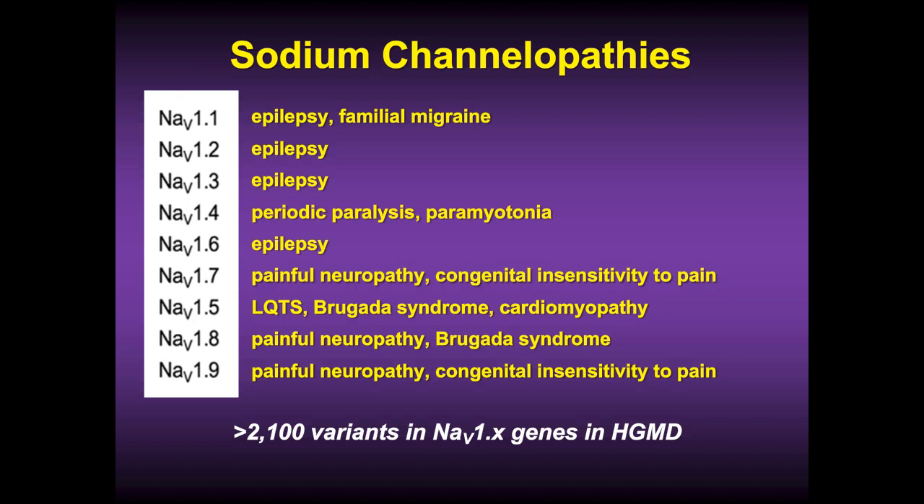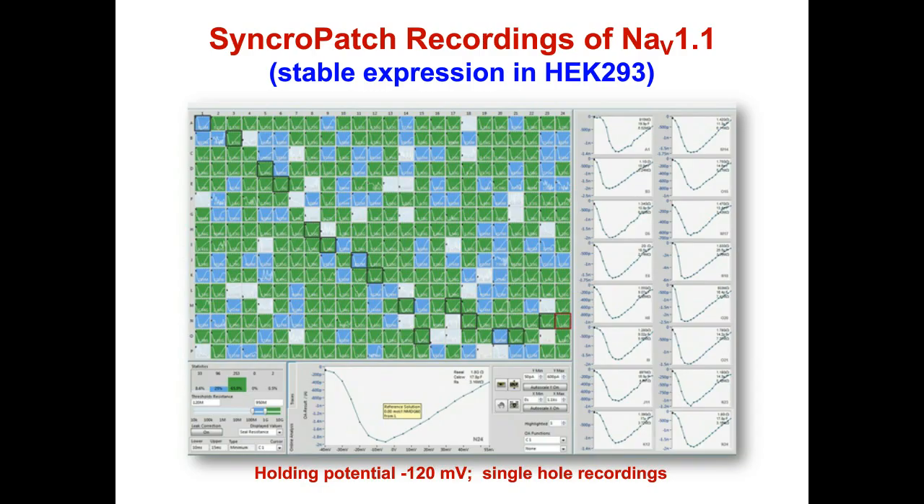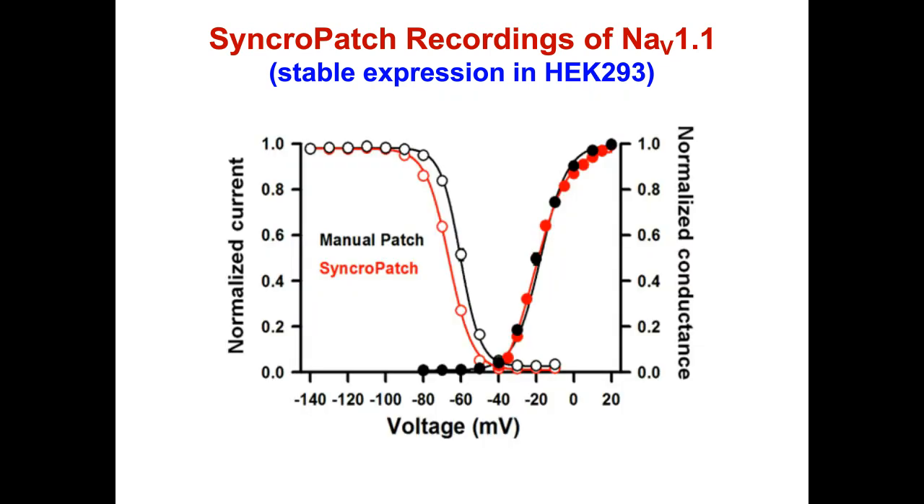This slide illustrates some of the work we did early on, right after we got the Syncropatch installed, looking at expression of NaV1.1. This is a very early experiment. We actually used stable cell lines in this case, and we're very happy with the early success of the instrument. Again, we've compared manual patch data with Syncropatch data for NaV1.1, and as you can see in this slide, the voltage dependence of activation is almost perfectly superimposed, whereas steady-state inactivation is a little shifted for the Syncropatch, and there is a